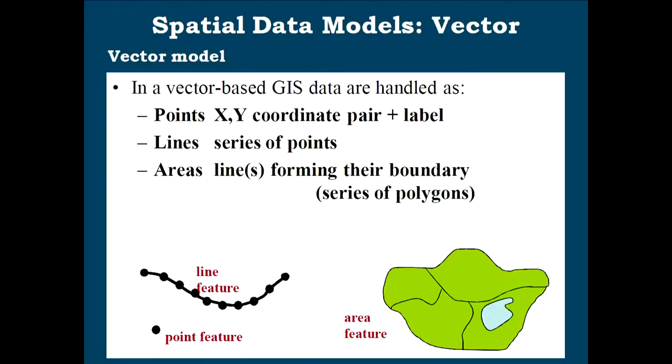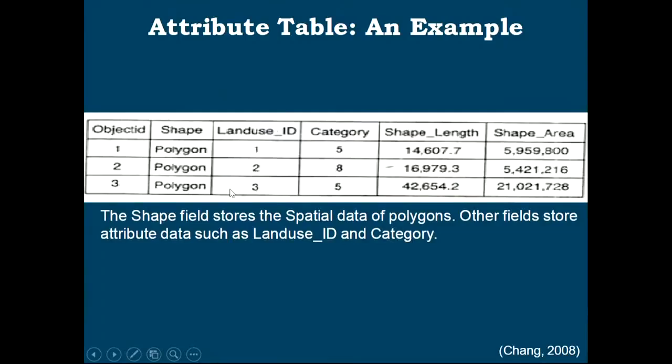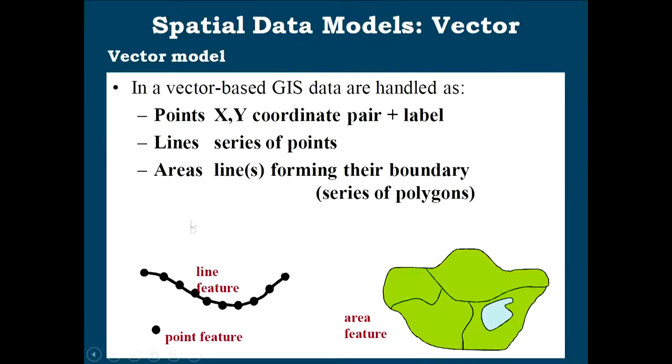Raster data means a grid or a pixel. The basic entity unit of a raster data set is one pixel. Vector features have many things associated with them. If we look here at the attribute table, for a polygon the ID is 1, category 5, shape length, shape area. I can have n number of attributes attached to a particular feature. Like a point, it can have n number of attributes attached to it. Similarly, a line can also have n number of attributes attached to it. In this one file itself I can store it.